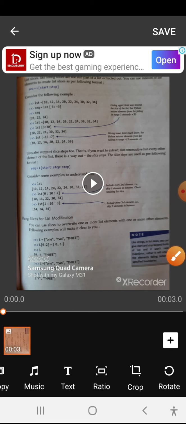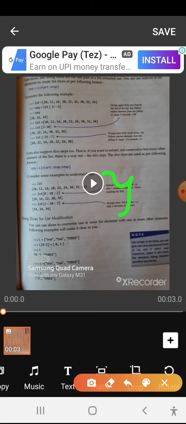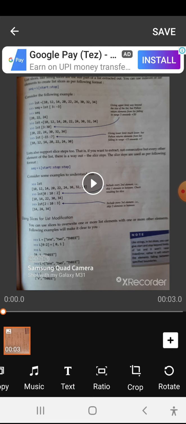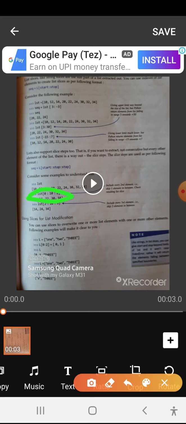In this example you can see it is the same list. They have taken 0 to 10 with step 2. They have given the statement as list of 0 colon 10 colon 2. So what will happen now?